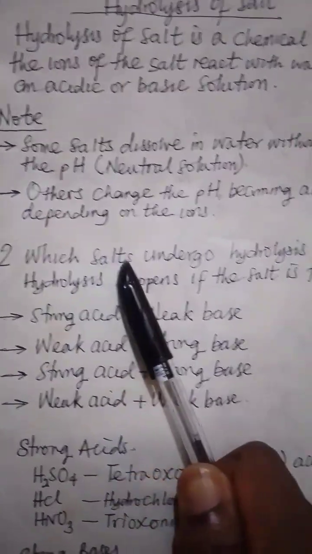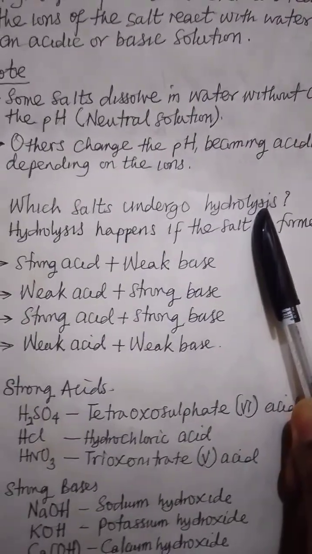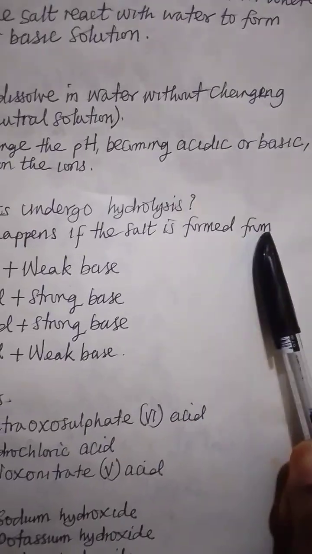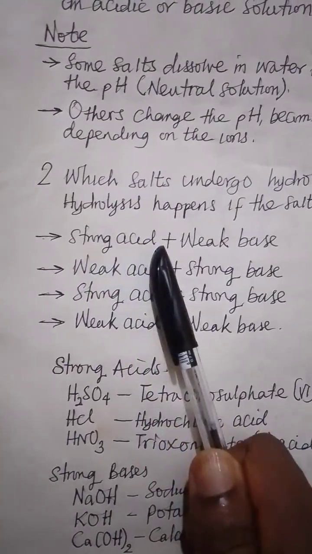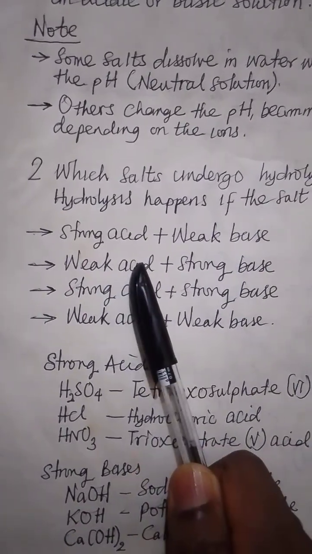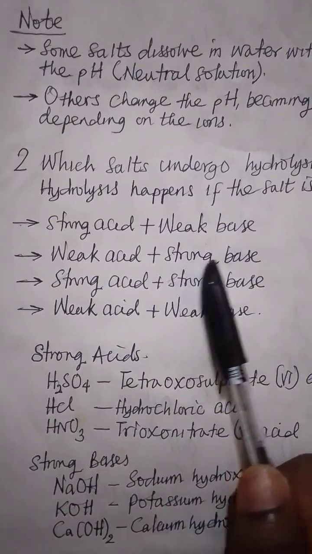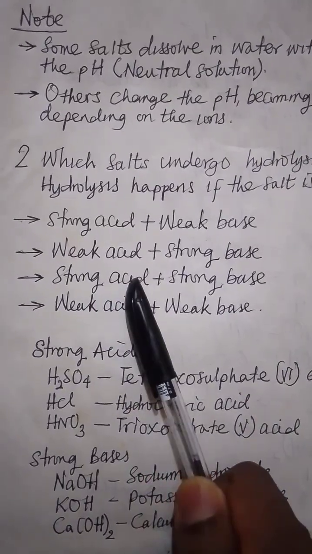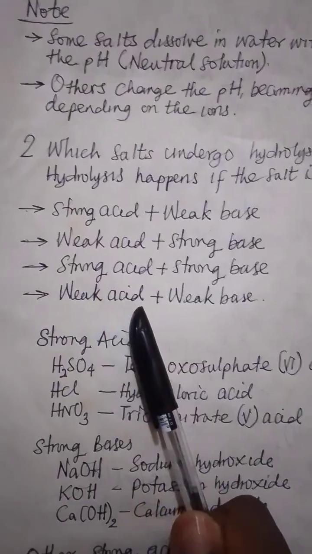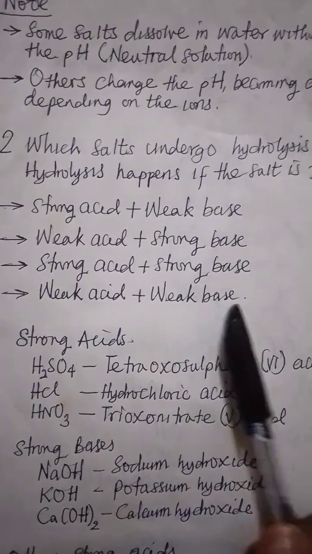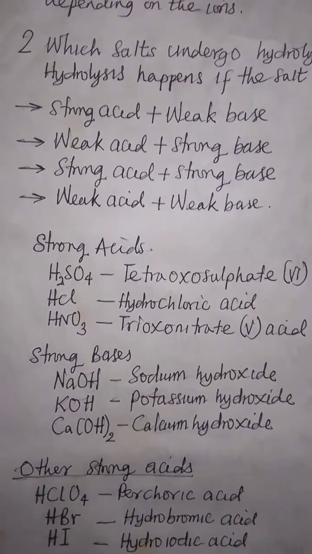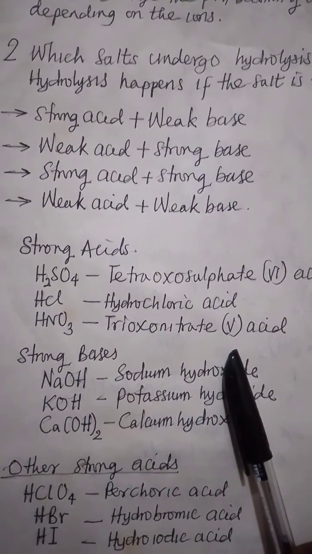So let's see which salts undergo hydrolysis. Hydrolysis happens if the salt is formed from, number one, strong acids and weak base, weak acids and strong base, strong acids and strong base, weak acid and weak base. We will talk about this later. So let's see a list of strong acids. Let's remind ourselves of